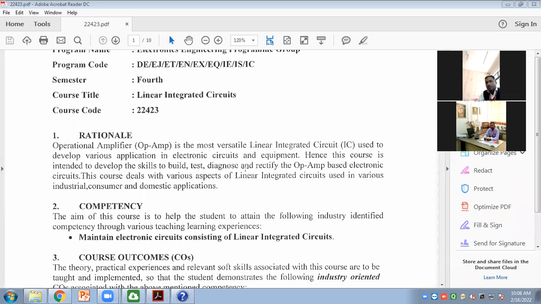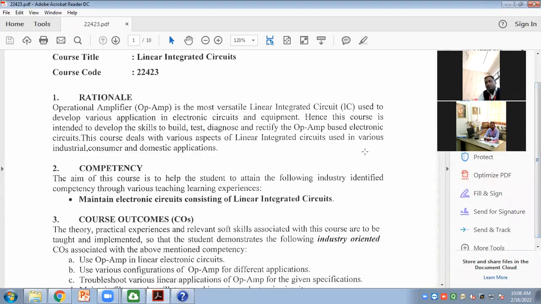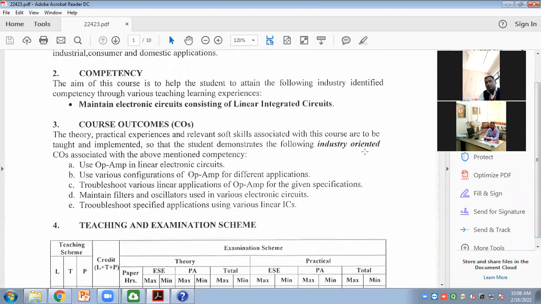Under the 741 we are going to study 5 chapters, and the 5 chapters cover particular COs, that is, the course outcomes. The first chapter is the introduction of op-amp. We are going to see the chapters in detail, but before that we are going to see the different course outcomes covered under the individual chapters.